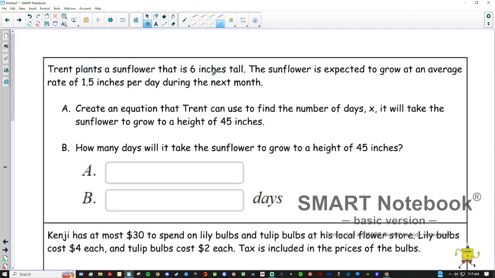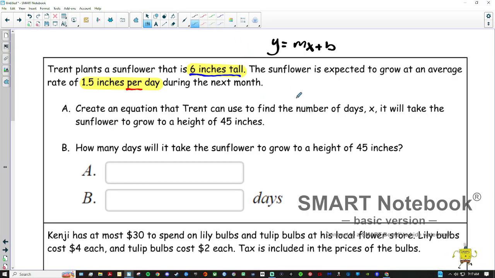Trent plants a sunflower that is 6 inches tall. The sunflower is expected to grow at an average rate of 1.5 inches per day during the next month. Since we have 2 numbers in this problem, 6 inches tall and 1.5 inches per day, it is a telltale sign that we will use y equals mx plus b. Okay, our slope has our magic word per, and our b is our starting value, and we started at 6